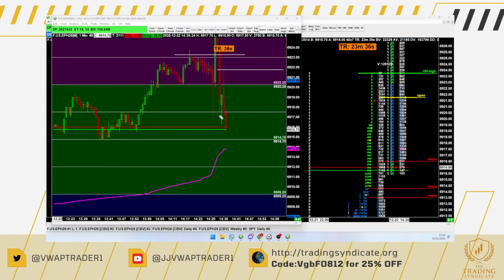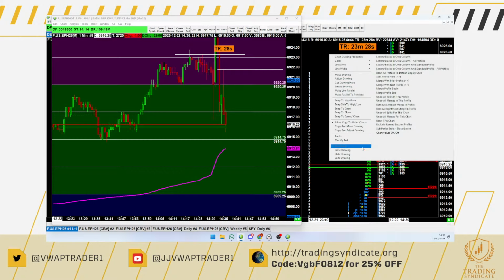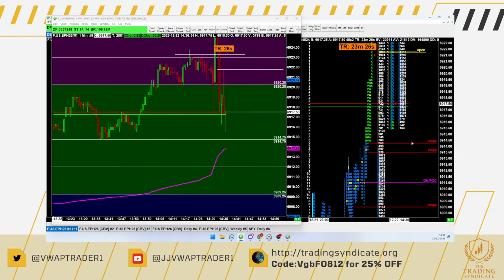So this is the front side of the move, backside of the move, front side of the move, backside of the move. You always want to short the backside of the move. Now, when you short the backside of the move, you have this feeling that I'm shorting in the hole. But what you're doing is when you short the backside of the move, you've actually found a seller. And when you find a seller,